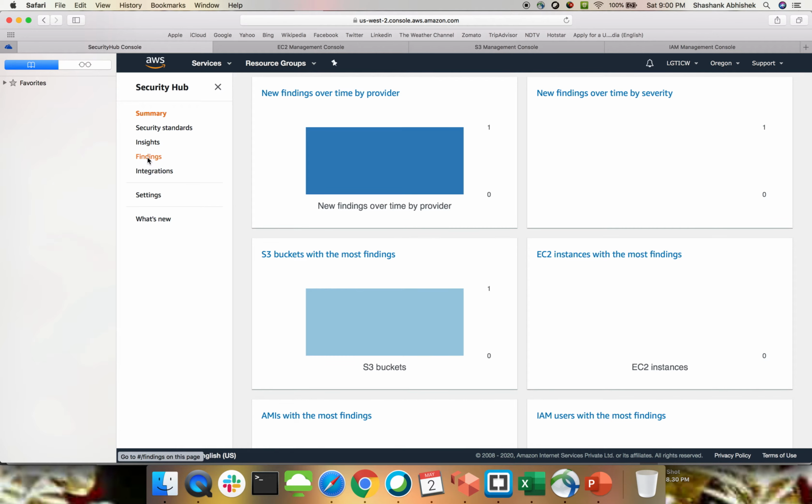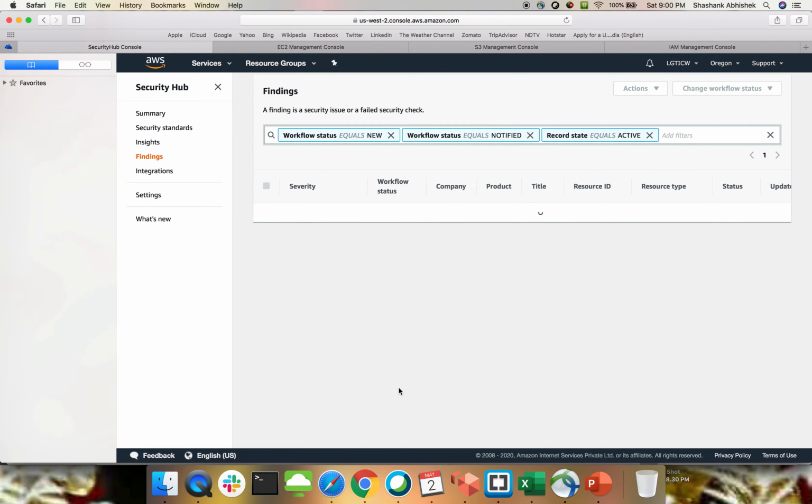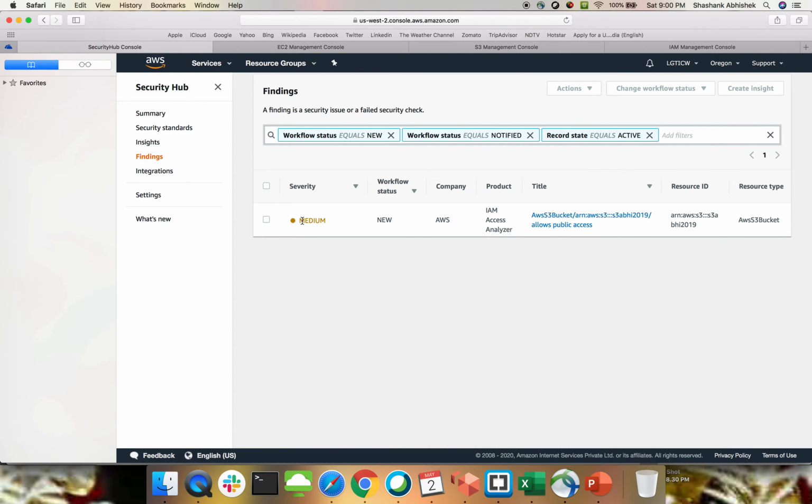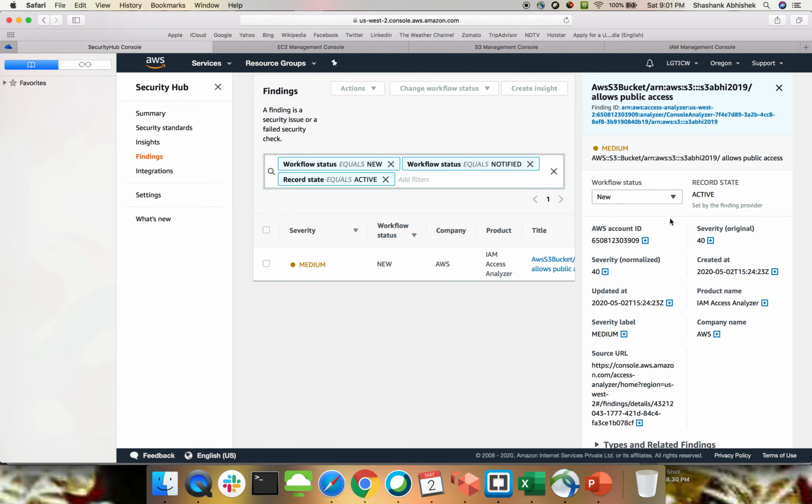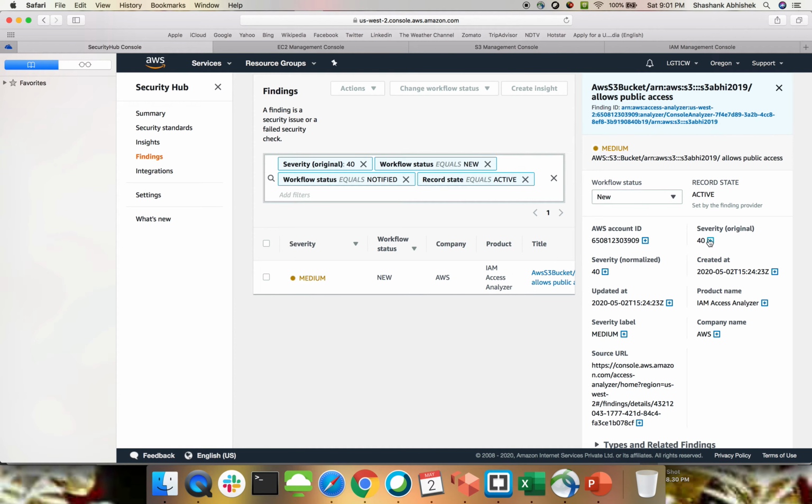Let's go to the findings section on the left. So this is a medium priority issue which is new, and it's from AWS, from IAM Access Analyzer, and this is my bucket. So let's click on this and see the detail. Severity original is 40 plus. Let's expand this.